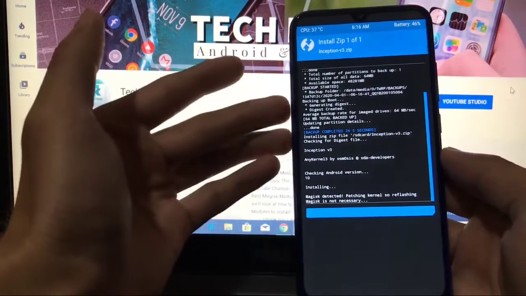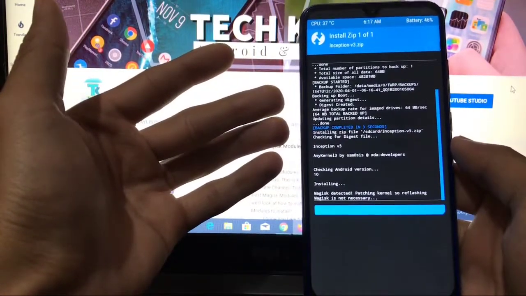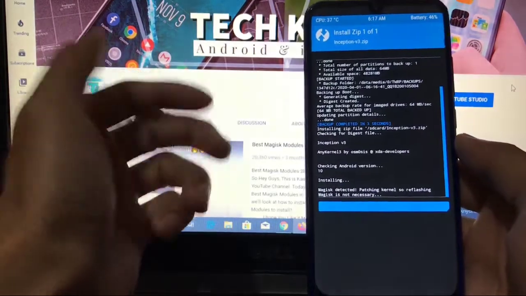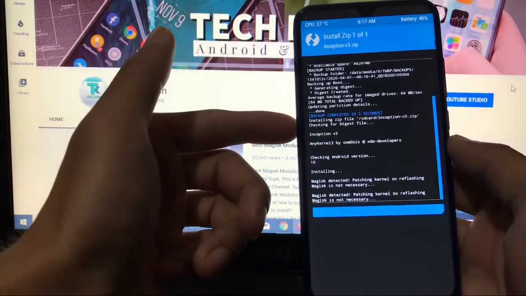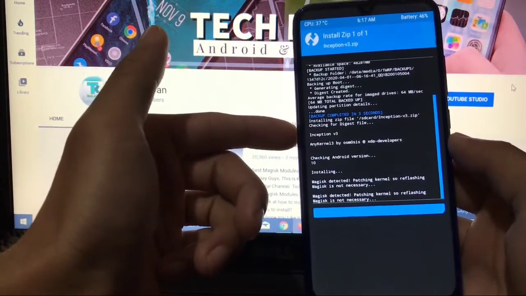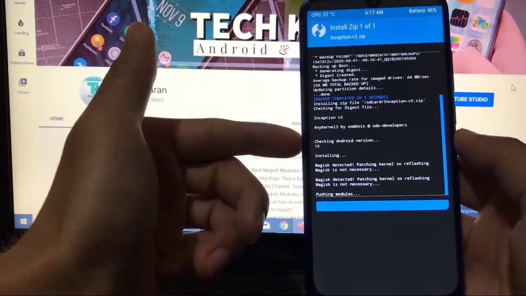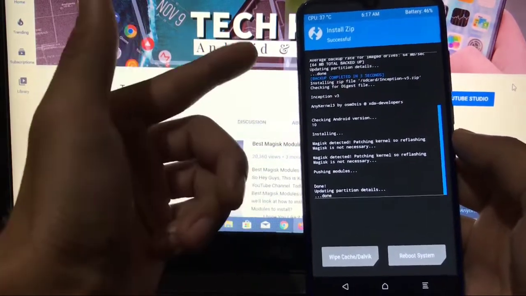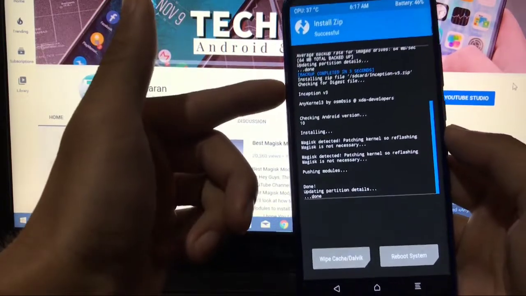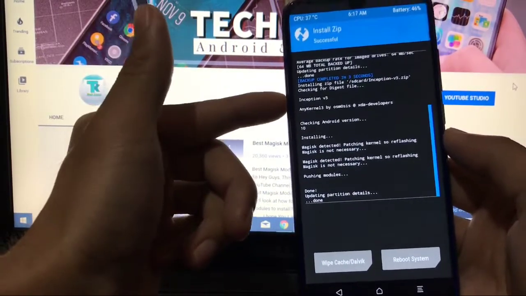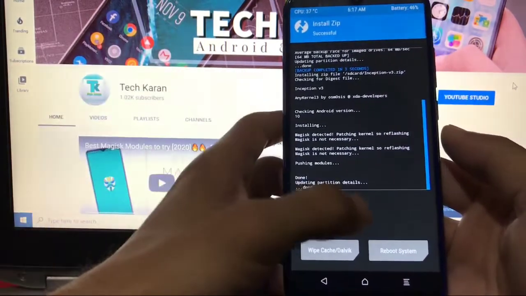It will take some time, so let us wait. Installing images detected, etc. I'm using an Android 10 base. I'm using the extended UI custom ROM which is based on Android 10. You can install this kernel on any other ROM also which is based on Android 10. This kernel is for only Android 10 based ROMs, and also make sure if you are flashing this Inception kernel, then this kernel is only for Redmi Note 8 and Redmi Note 8T, no other phones.